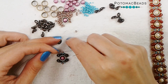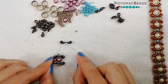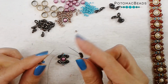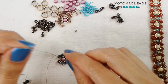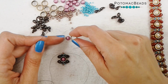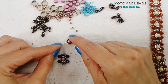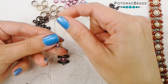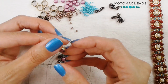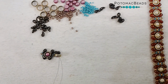Set up my little ZoliDuos like this, because you want to go in like this, and you're going in like that right before you do your halo bead with your cab. So on one needle, and I see that my holes were kind of aligned, going in like this, and then on the other side like that. Pull, and then